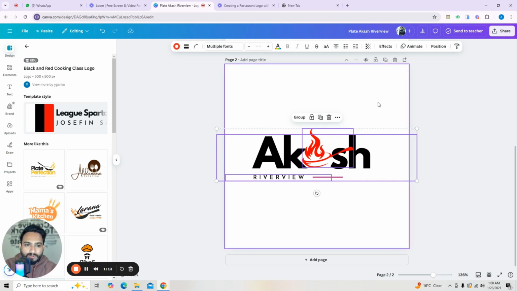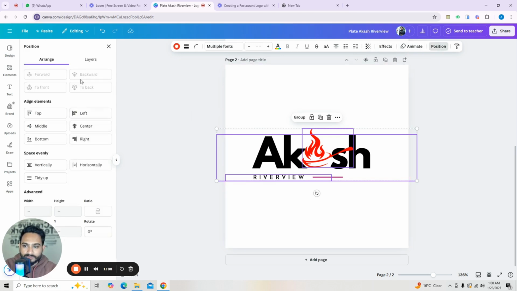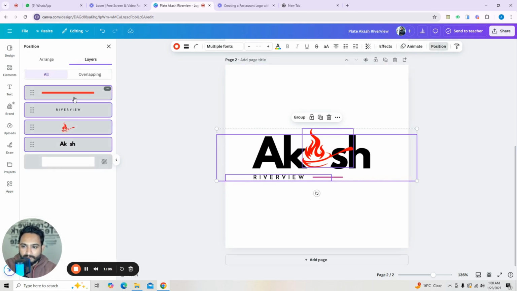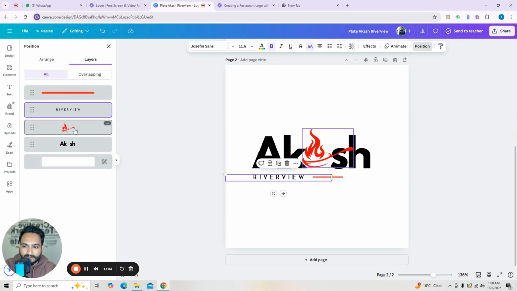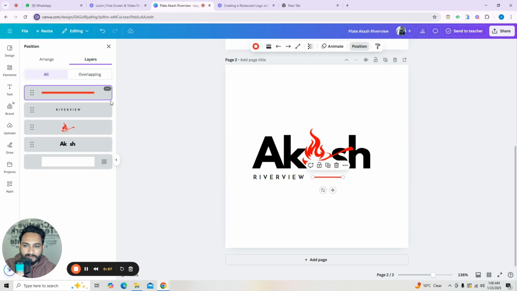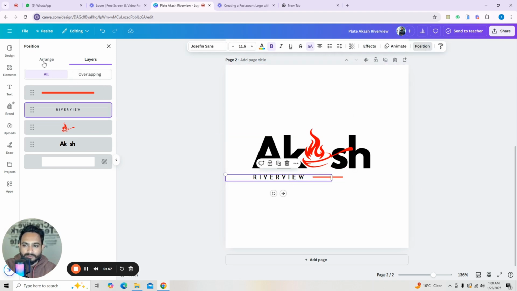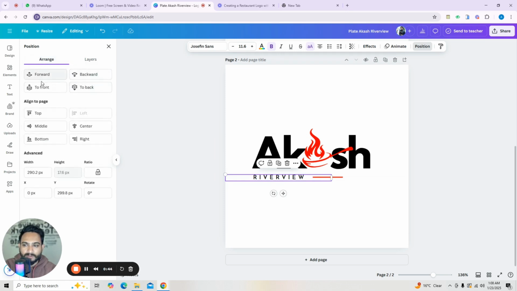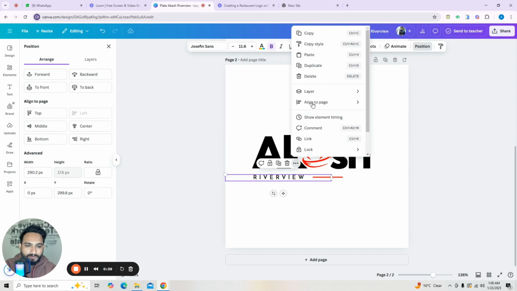Okay, and the next thing I will let you know is the position we have in the layer options. We can select the single things in the layer option, like here I'm selecting. So one by one I can edit it. Like I need to click on the line, and after clicking I can edit this part. If I click on the pen, in the pen I will go with this. If I click on the River view, I can do that. This layering is used in many ways, and this is the shortcut key of that, like front, back. I am clicking on these 3 dots, I will get this layering, and there are these options you can